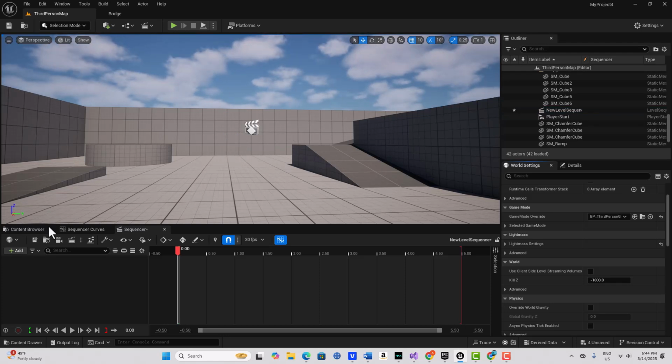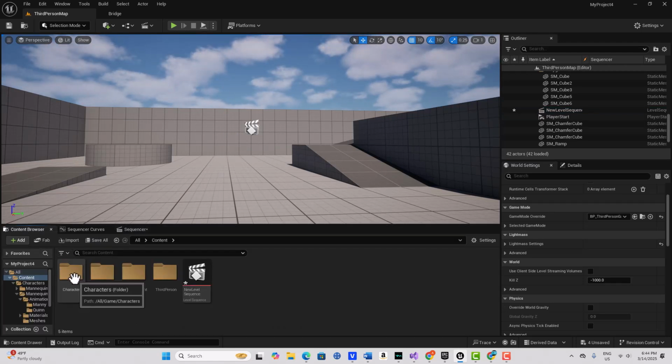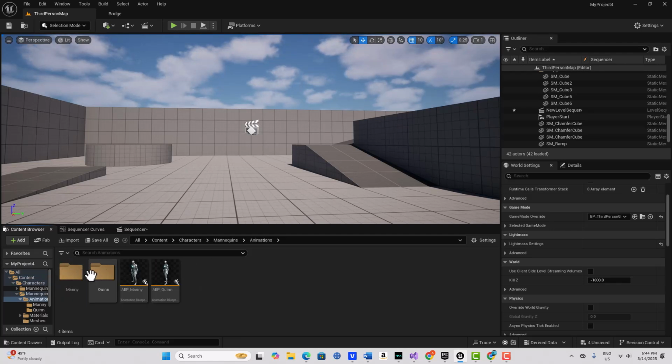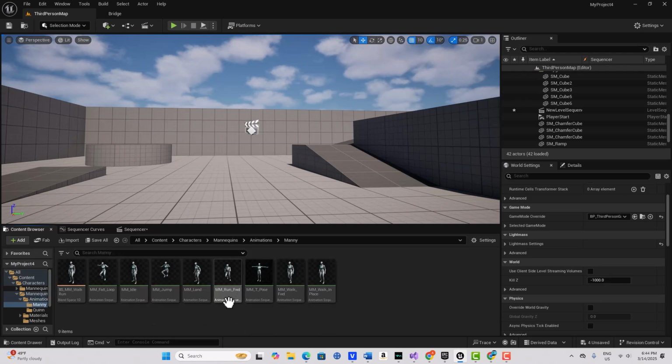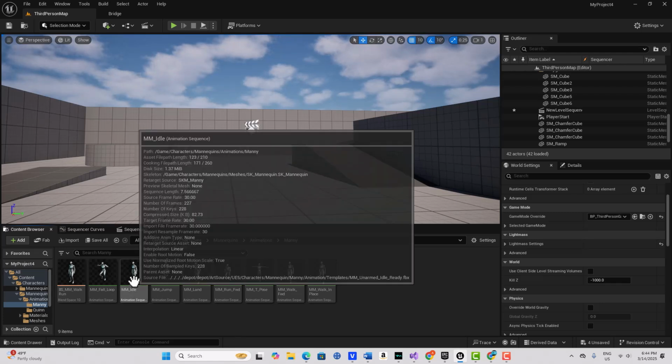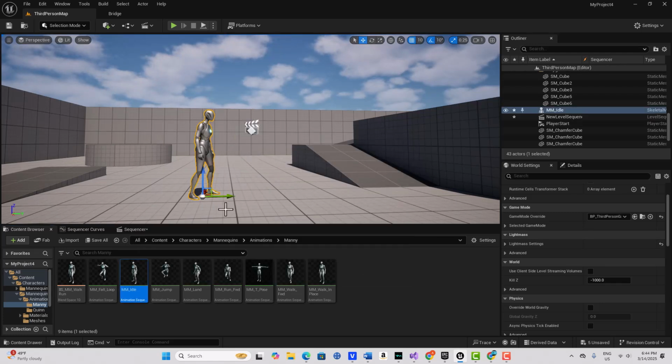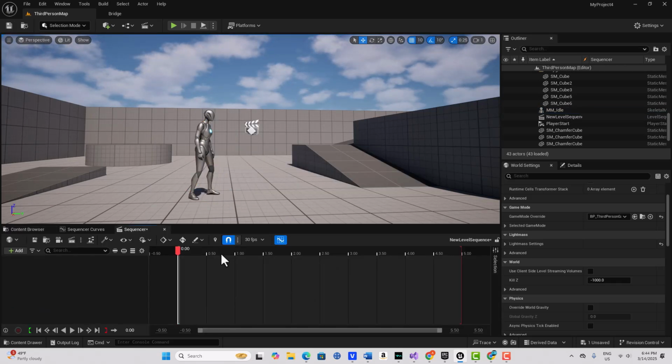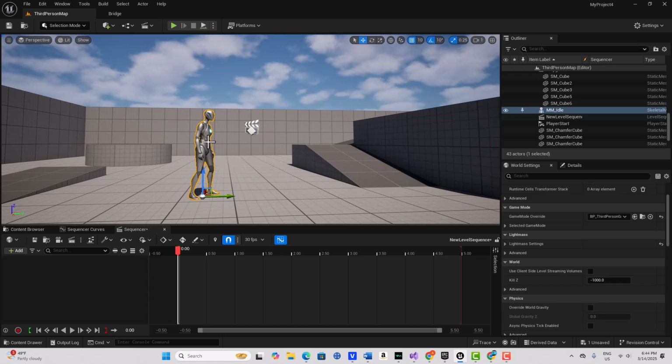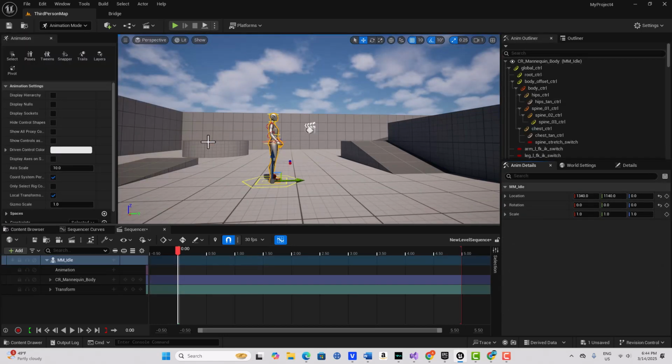Let's get an animation. I'm going to come in here, go to characters, mannequin, animations, and we're just going to blend. I'm going to go into the Mani. We're going to blend an idle into a walk in place. So nothing too dramatic. I'm going to go ahead and save that, jump back into the sequencer, and then we're going to select that, and I'm going to hit Control plus A